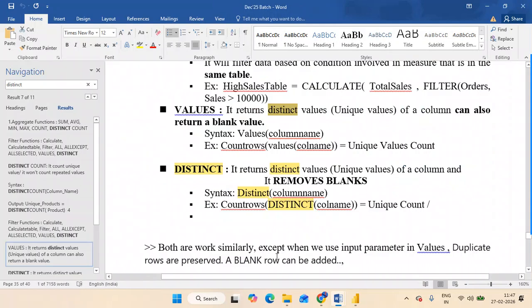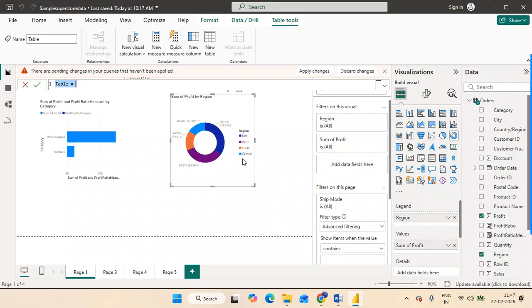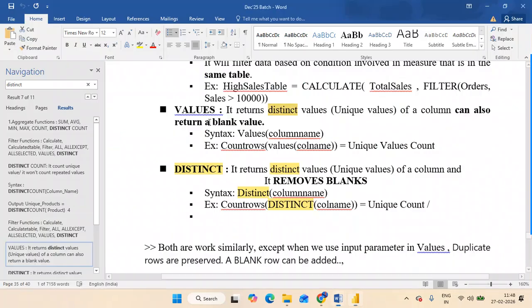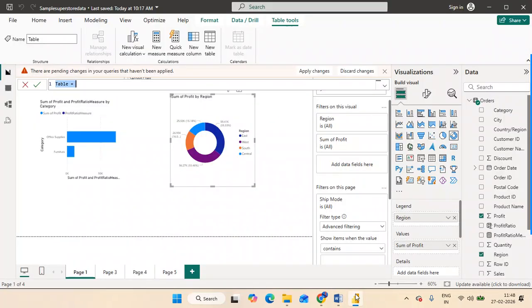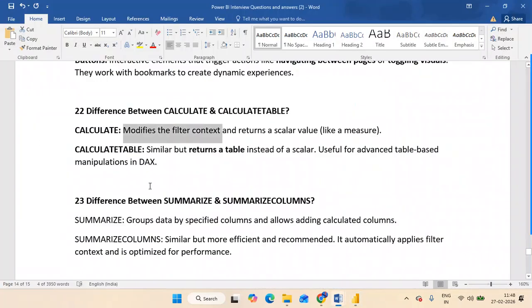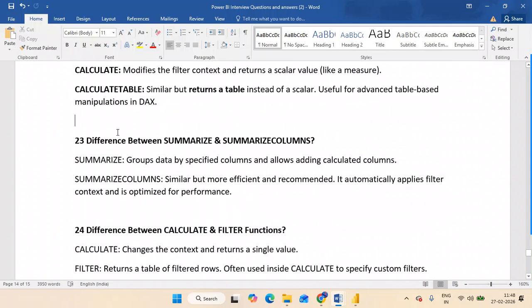I've just explained it to you. Here we have some regions and some dates. If you want to see only the regions East or West, two regions, and you want to see the date also, so you want to see two years of data, then that is going to modify the filter. So that's how the CALCULATE function is going to filter. You already know that, just recollect it.